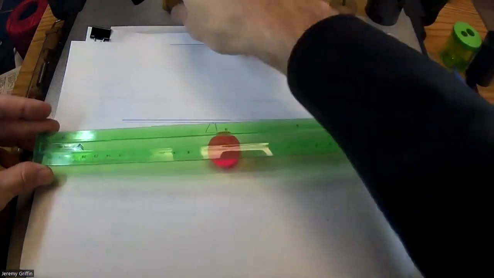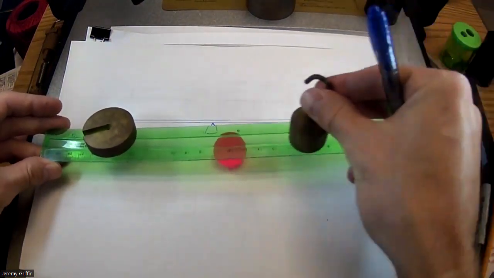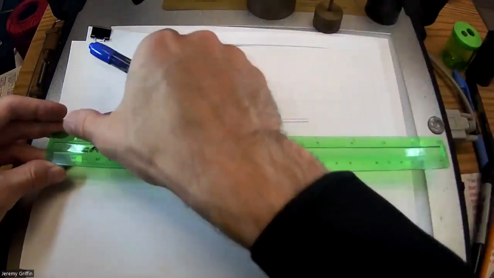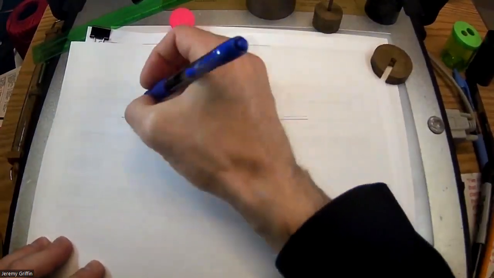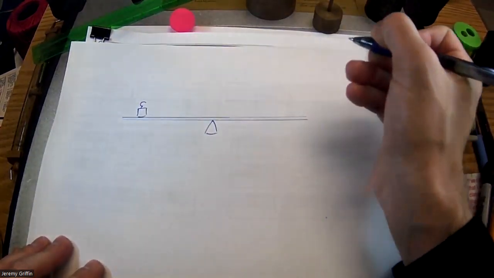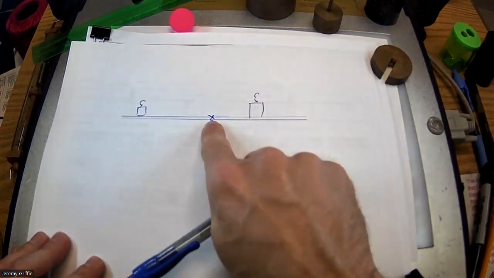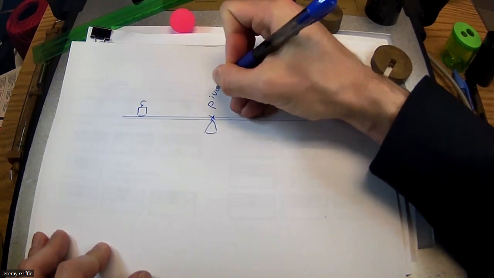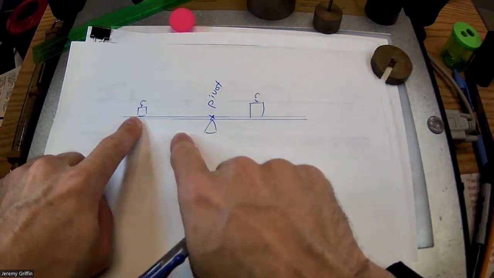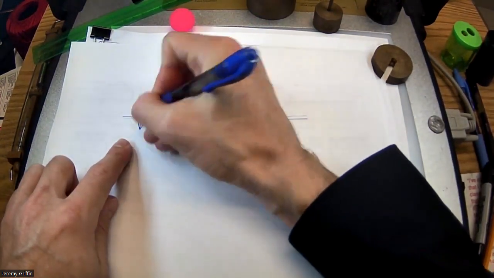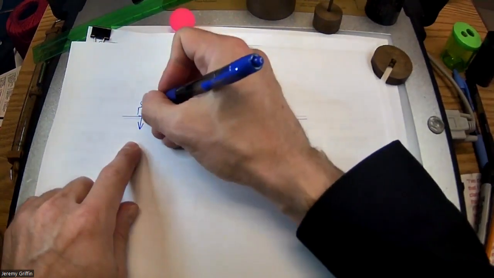Then if you take a known mass and put it on one side, and you take your mystery weight and put it on the other side, and slide it around until it balances out, you can use torque to figure out what the mystery weight is. Say I know 100 grams is right here, and then I put my mystery weight right here. Relative to this pivot point, this weight times this radial distance, this R cross this F,